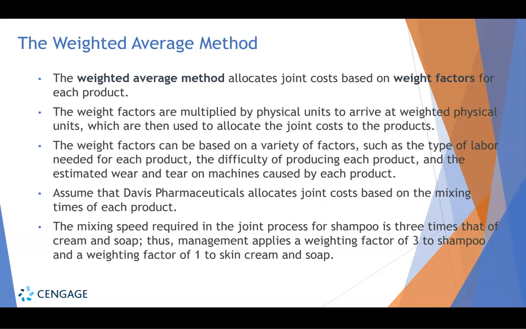The weighted average method allocates joint costs based on weight factors for each product. The weight factors are multiplied by physical units to arrive at the weighted physical units, and then used to allocate the costs. Okay, let's assume here that we allocate for Davis Pharmaceuticals the mixing speed required in the joint